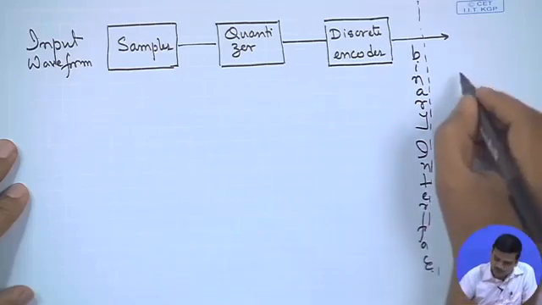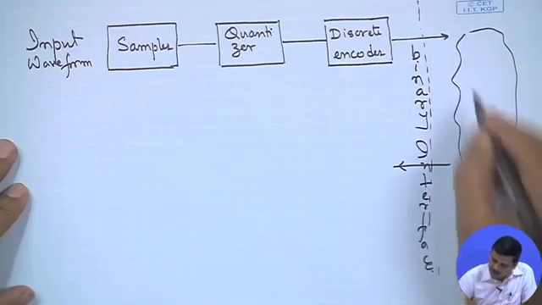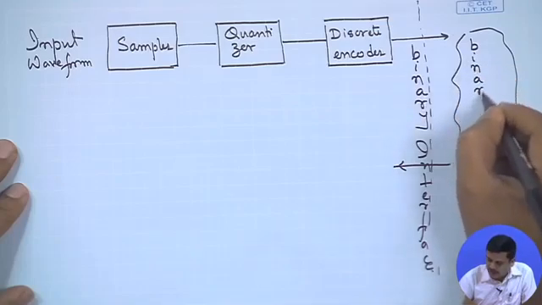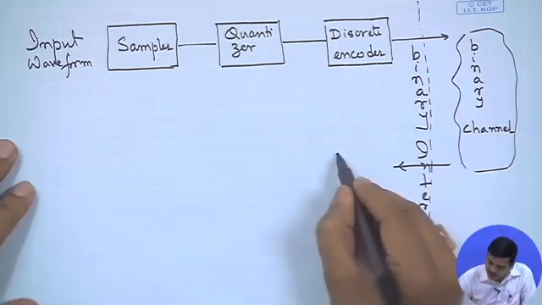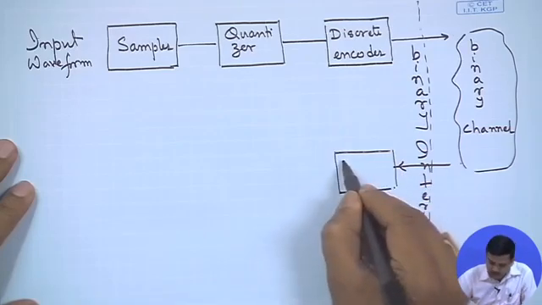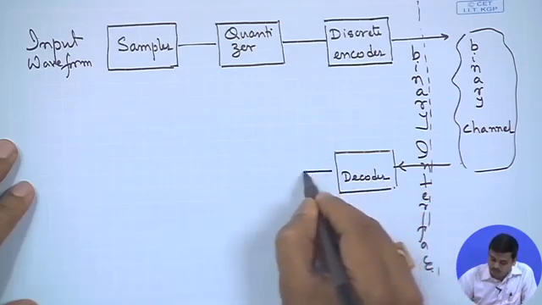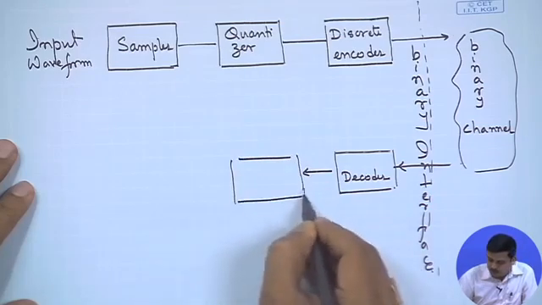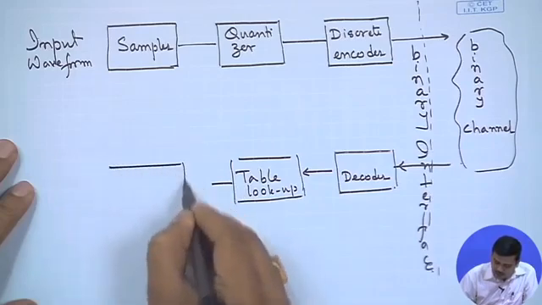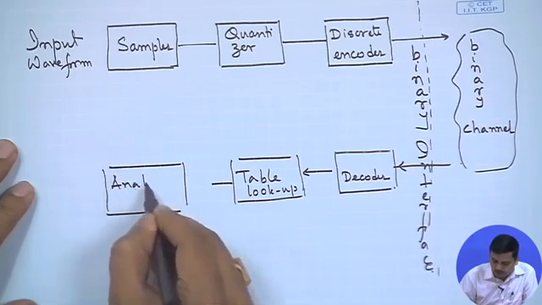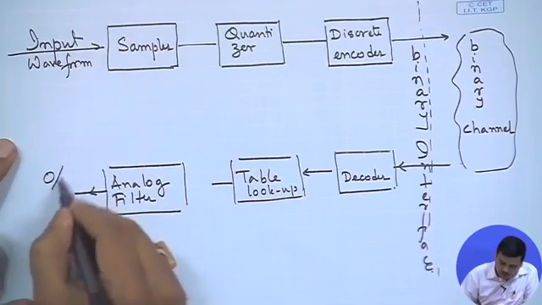So, we have defined this binary interface before. So, we will write what we see there. This whole thing that it sees could be thought of as a binary channel. This is a bit different compared to what we have discussed earlier. I will explain that. There will be this discrete decoder or table lookup. Sorry, the table lookup comes over here, followed by the analog filter, and then you have the output waveform,